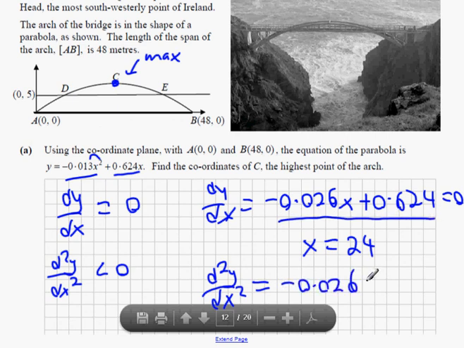And that's always negative, less than 0. It's guaranteed to be a max. Now,